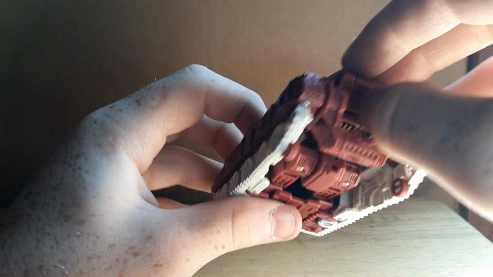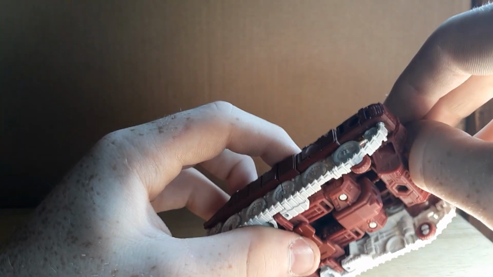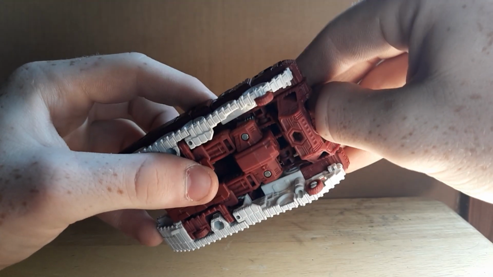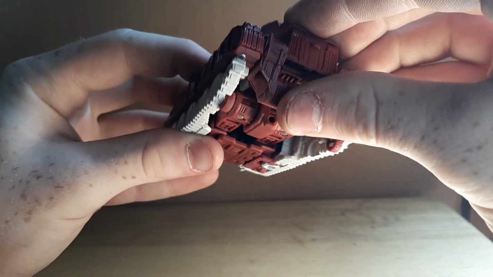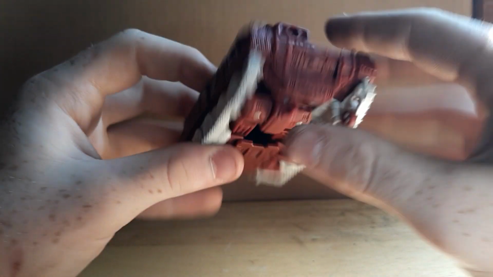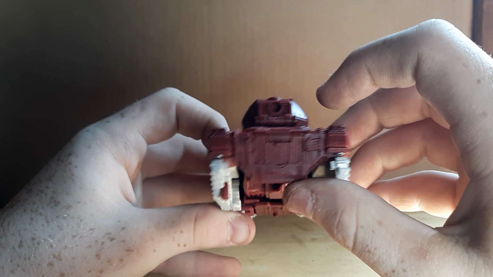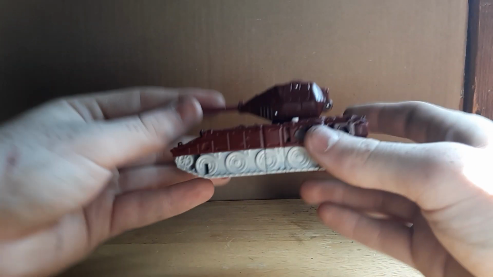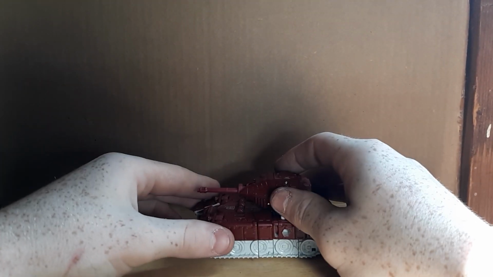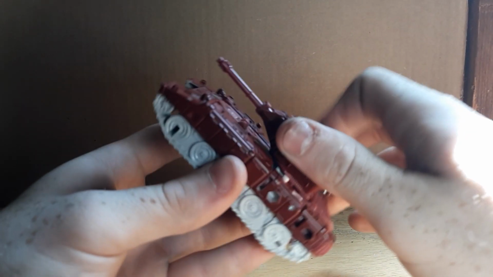I accidentally forgot this, but you're supposed to bring this up and pull out this other panel that's back here, like that. But I just completely forgot. So it's supposed to look like that. Sorry. But he is a very nice figure, and of course the turret can do a full 360,